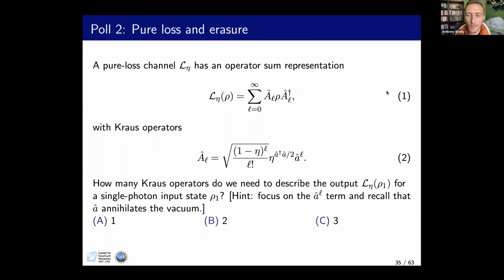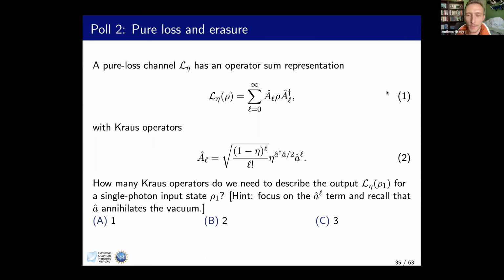Now let's do the thermal amplifier channel. The thermal loss channel comes from a beam splitter on a thermal state and the input state. Technically, if you want to purify the thermal state, you can purify it to a two-mode squeezed vacuum, but that's not often needed. In the thermal amplifier channel, it's now a two-mode squeezing instead of a beam splitter unitary. If you remember, the two-mode squeezing maps input to output like here, with square root of G a B dagger and B a dagger. If you look at one of the modes, it just becomes that expression of